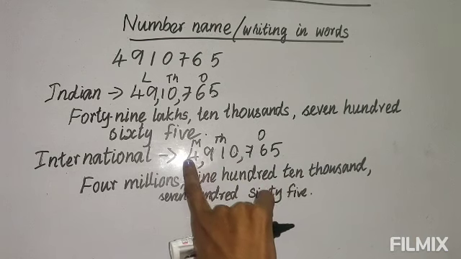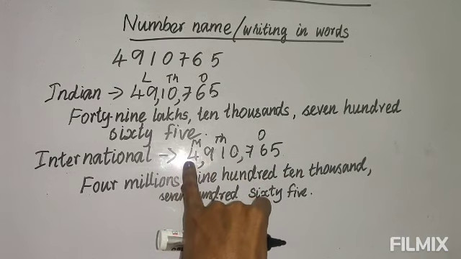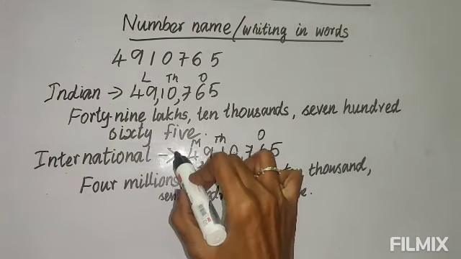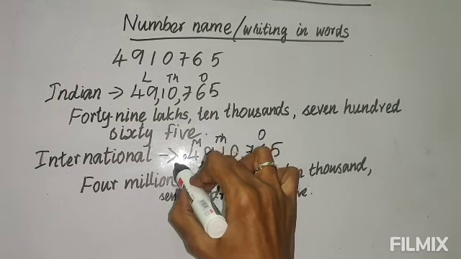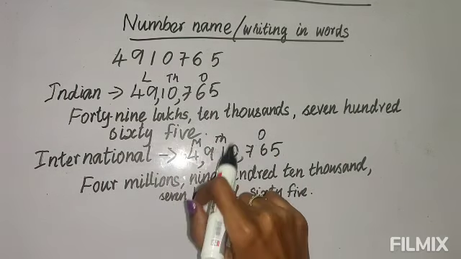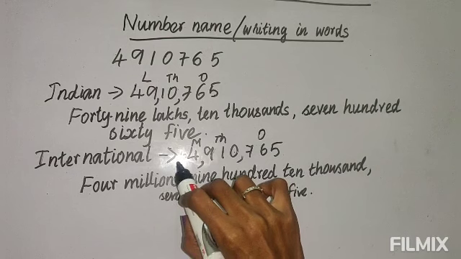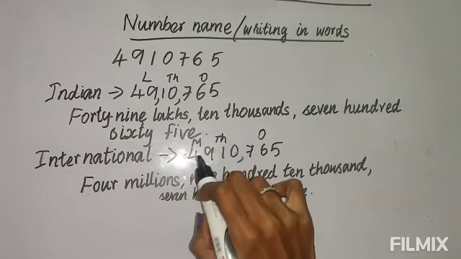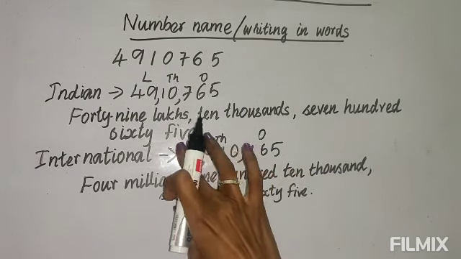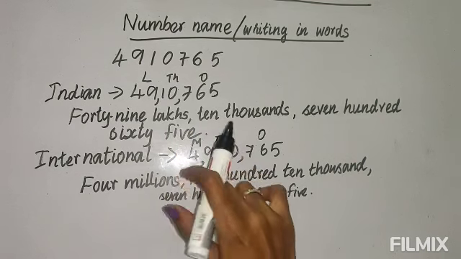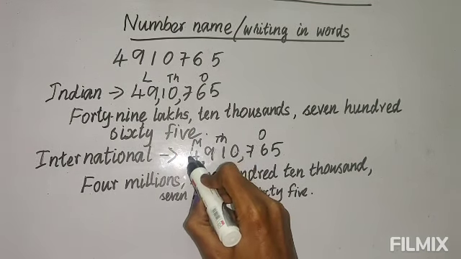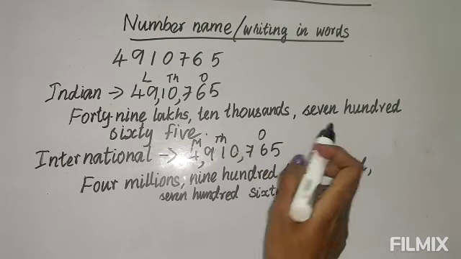Same thing here also. Sometimes in the million place, suppose here it is 164, then you have to write 164 million. There also they make a mistake. They write 100 million, 64 million, like that. So first you write the number between the commas, then you write the period. That's all. It is very easy.